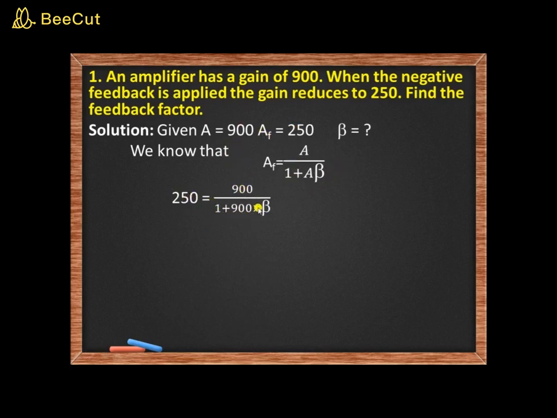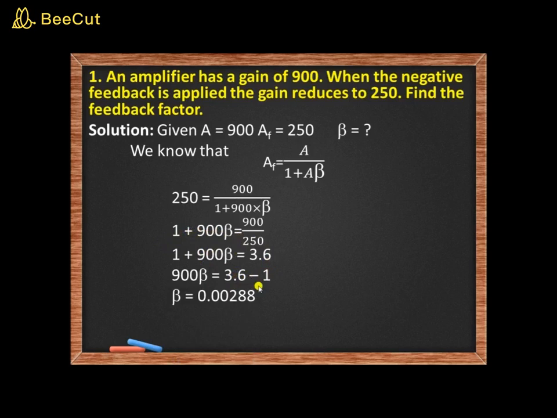Now cross multiply, and send the 250 to the other side. Then we get 1 plus 900 beta is equal to 900 by 250, which is 3.6. So 900 beta is equal to 3.6 minus 1, that is 2.6. Then if I divide 2.6 by 900, we get beta is equal to 0.00288,